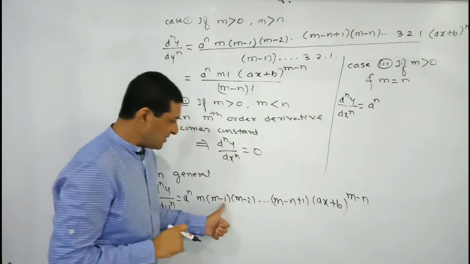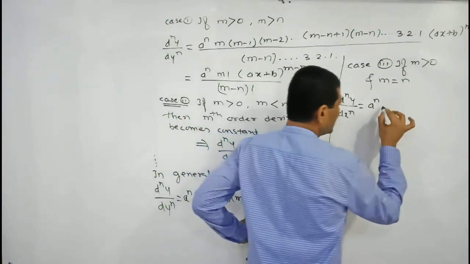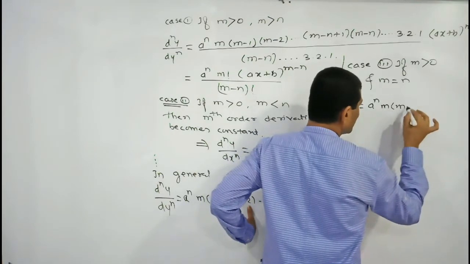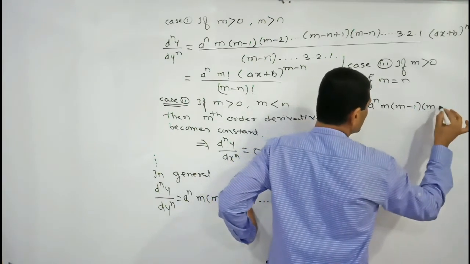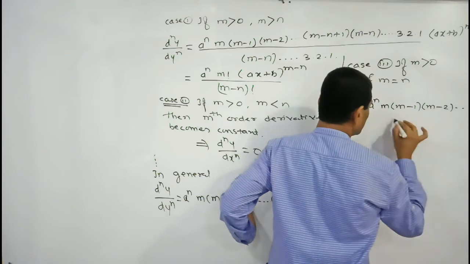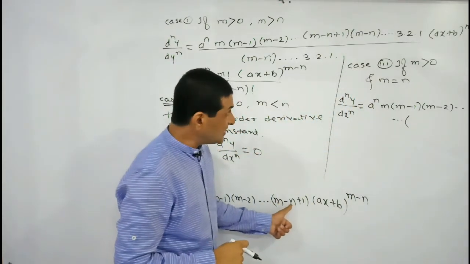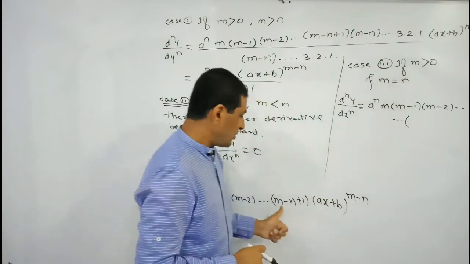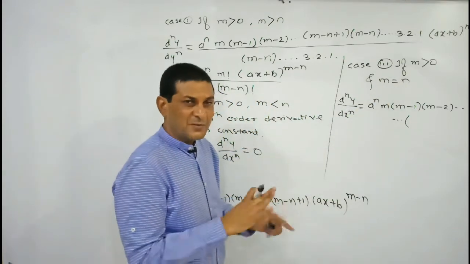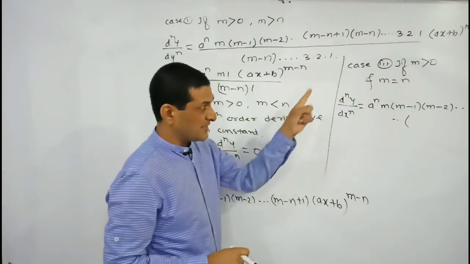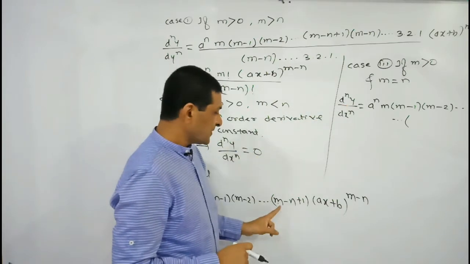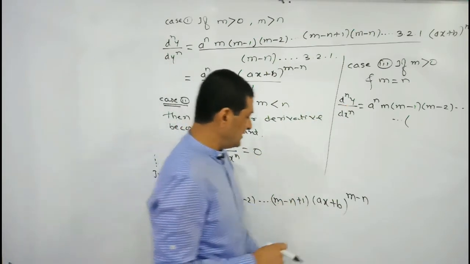So here m into m minus 1 into m minus 2, keep it as it is, m into m minus 1 into m minus 2, keep it as it is. Continuing this way, what will be the next term? So here we will get m minus n. Can I replace it by m? Or m can be replaced by n, we are able to use anything, either replace m by n or n by m. So here n minus